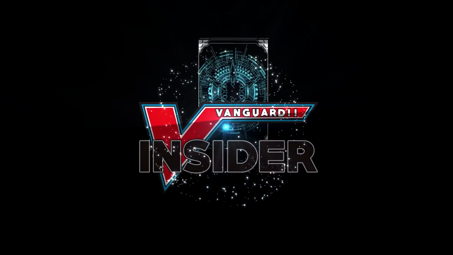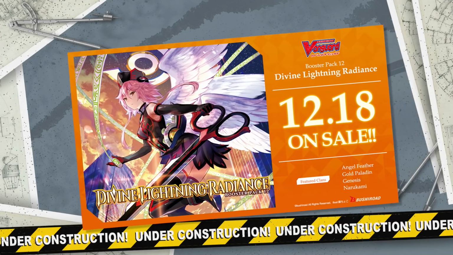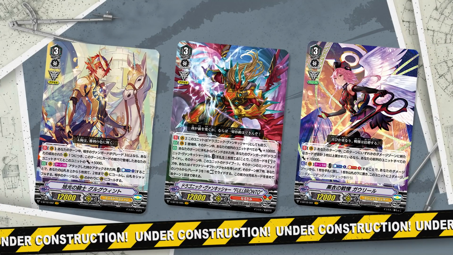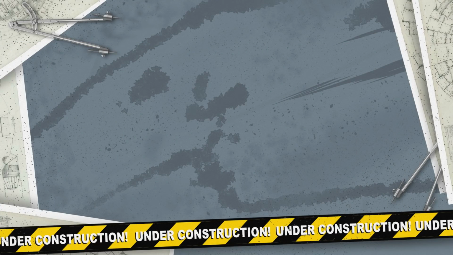Stand up! Vanguard! VBT12 Divine Lightning Radiance is a crazy set with some strong heavy hitters like Gurguit, Gabriel and Vanquisher, which all impacted the meta. This means a lot of attention was drawn to this set after the whole Luward debacle. But within those pillars, we see some powerful budget decks that are even considered meta relevant options, and today